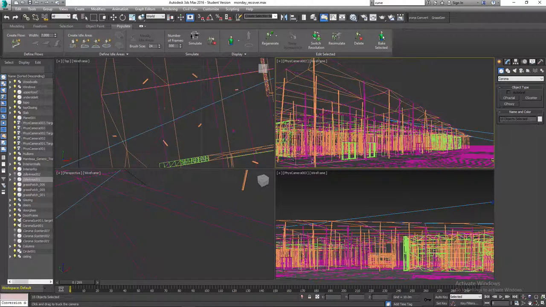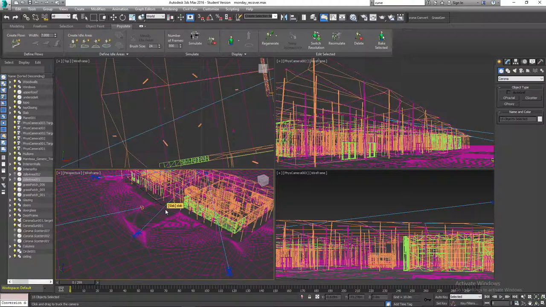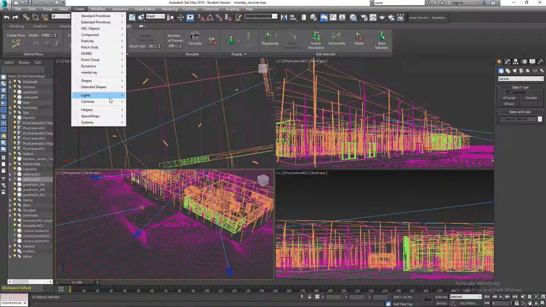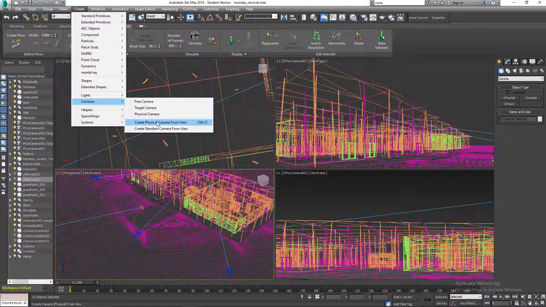Okay, so the next thing I want to talk a little bit about after is the camera and some of the things that we can do with the physical camera. So you notice that if we're in the perspective viewport and we find a view that we like, we can come up to create and then go to cameras, and then we can create a camera from view. I always create the physical camera because it gives us some options, especially with regards